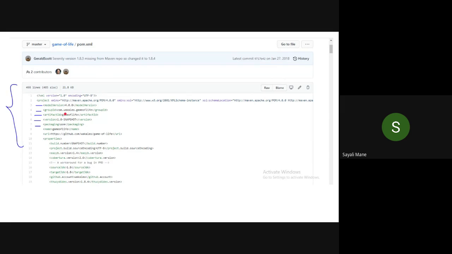Understood? So this is the group name, .com.vakilo.game.live. Now next is the artifact ID. Artifact ID is the name of the project. The name of your project is Game of Life, so artifact ID is nothing but the name of the project. Again, note down the difference, because they will ask you this in the Viva: what is the difference between group ID and artifact ID? Please note it down somewhere so that you can easily read it at the time of Viva.